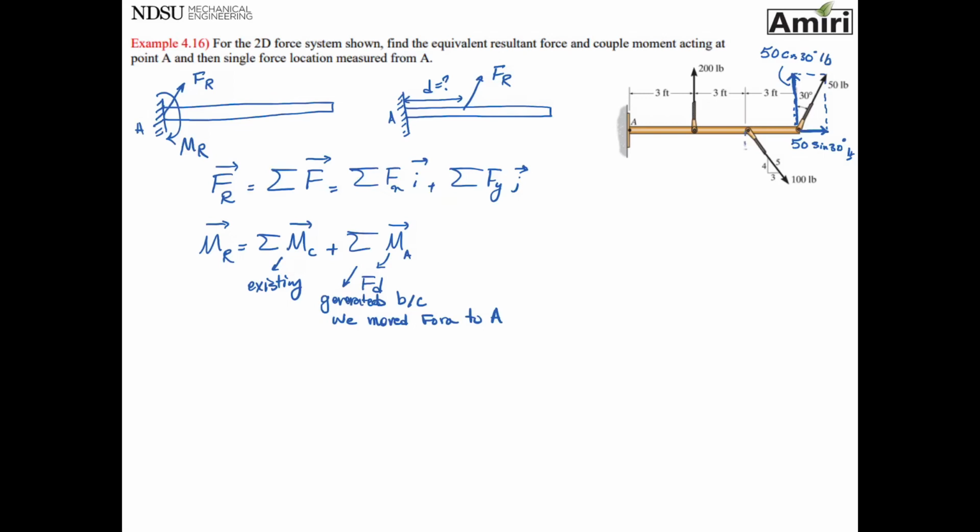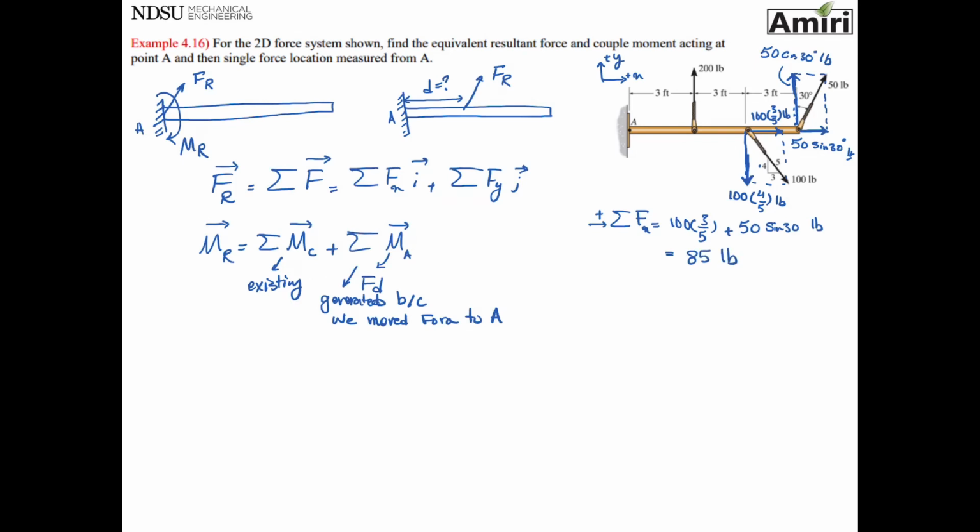The other force that I have, 100. So there is a vertical component or Y component of it, which is going to be 100 pounds, 4 over 5. And then, of course, there is an X component, which is going to be 100, 3 over 5 pounds. Okay. So sigma Fx, all of them together. The first force, 200 pound, doesn't have any X component. The second one has 100, 3 over 5, and it's plus, if going to the right is my plus X, going up is my plus Y. This last force that I have, plus 50 sine 30, all of them have unit of pound. This will be 85